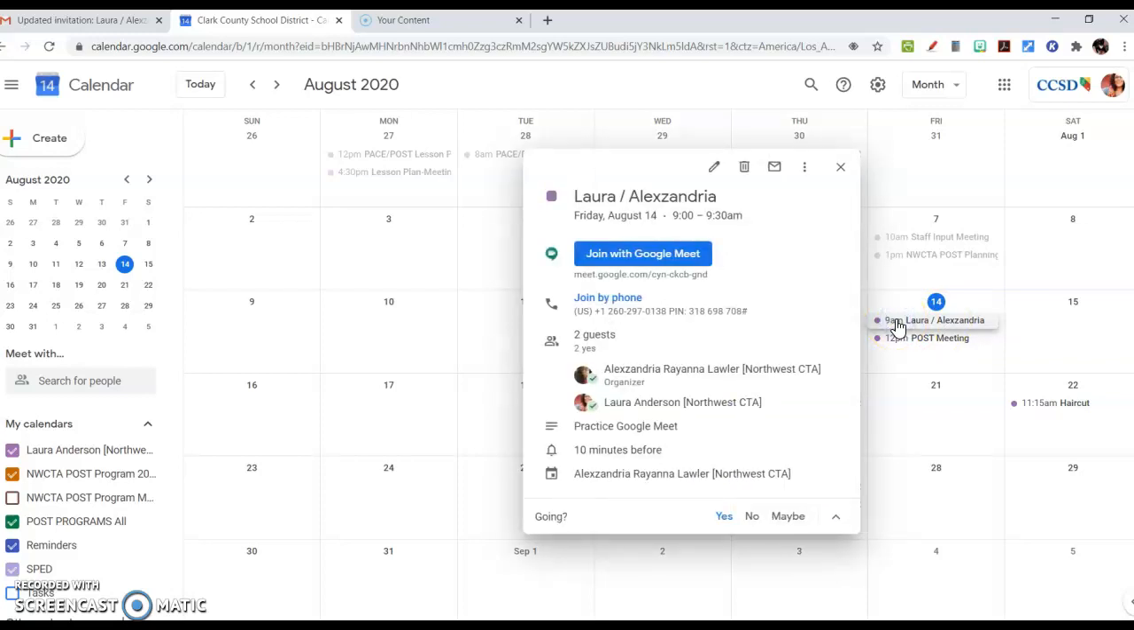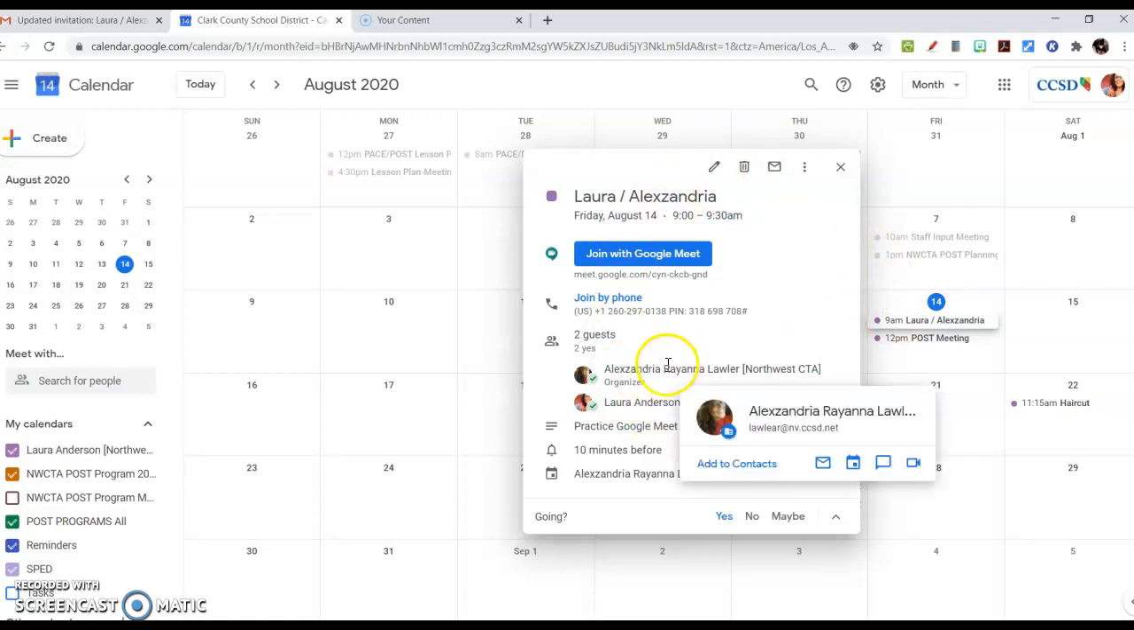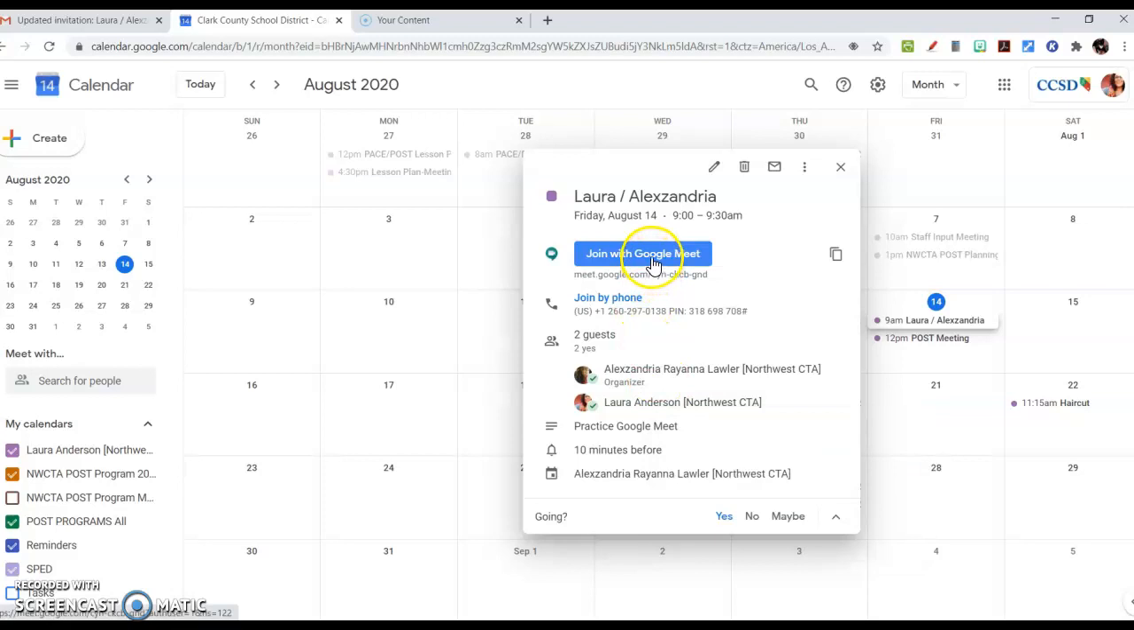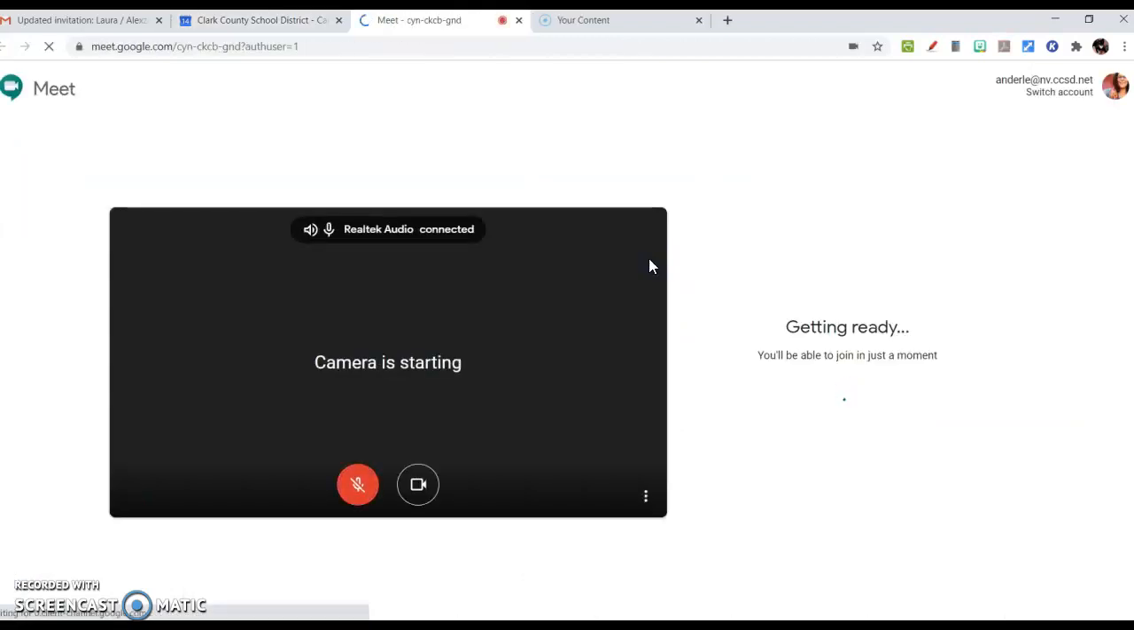I'm going to click on it, and then this window pops up. You'll be able to see who is in your meetings. So when it comes time for us to be meeting when we're teaching you, you're going to see either Miss Lawler's name or my name and your name. Maybe some other classmates' names if we're doing a small group, but you click join with Google Meet,